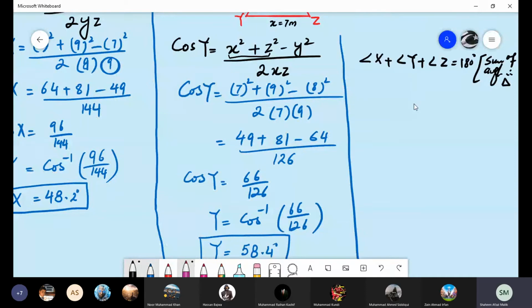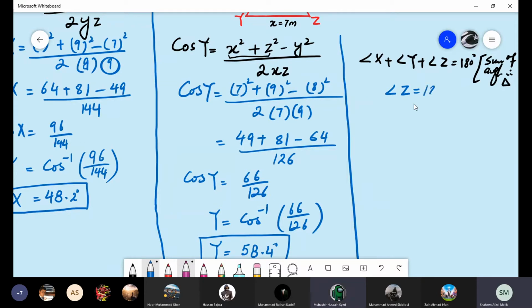So substitute the values, because that is what we want to find out here. For the last part, cos Y, instead of this we could have also used the sine rule, because we found one of the angles. You have one angle and one side, so you can go for that also. But because in this question we are using the cosine rule, we go for the cosine rule. It's easy here.